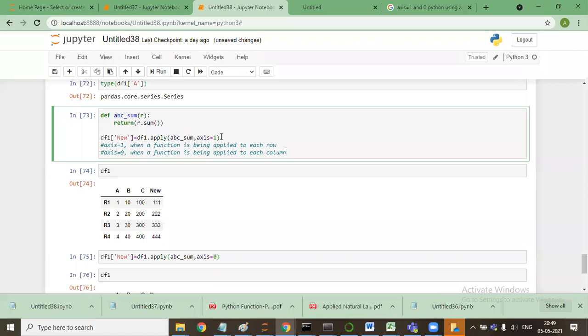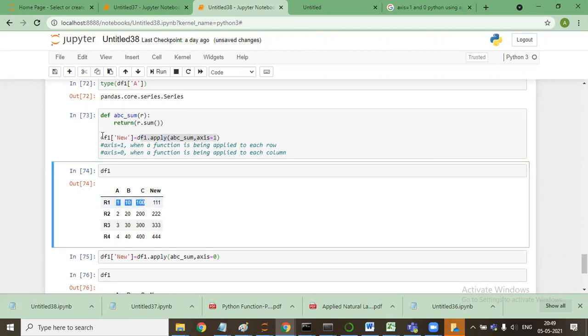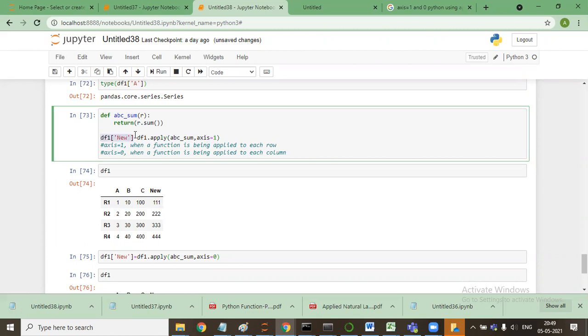That's what I remember. So now I said df1.apply(ABC sum, axis=1). Now it will return the sum of every row into the new column that I have created. So this is apply. Let me add some more to this.